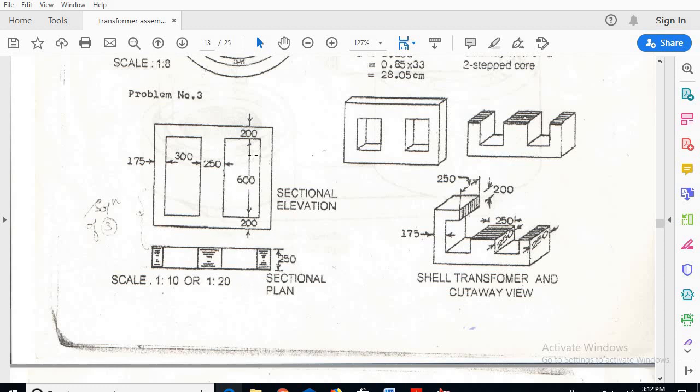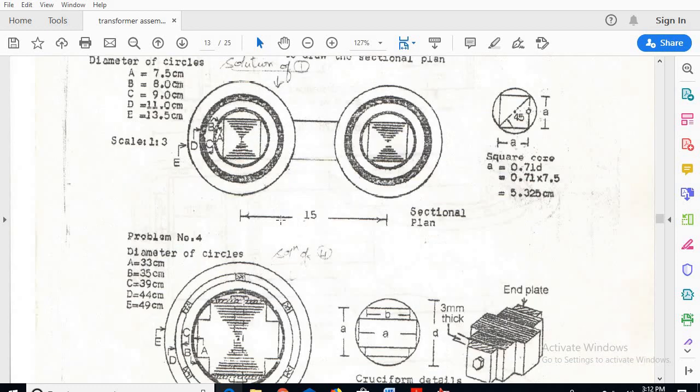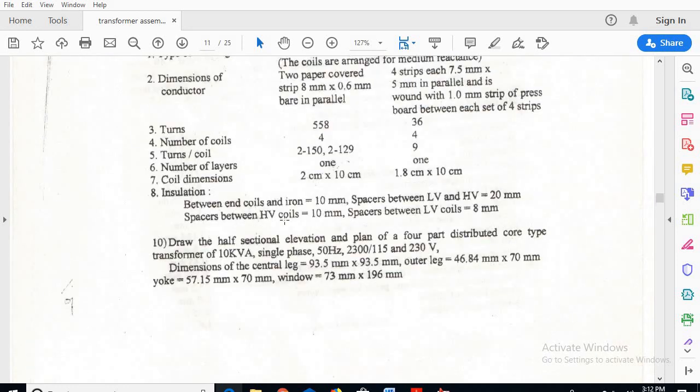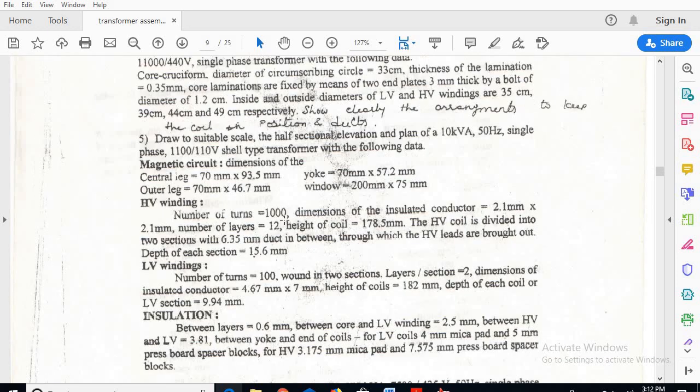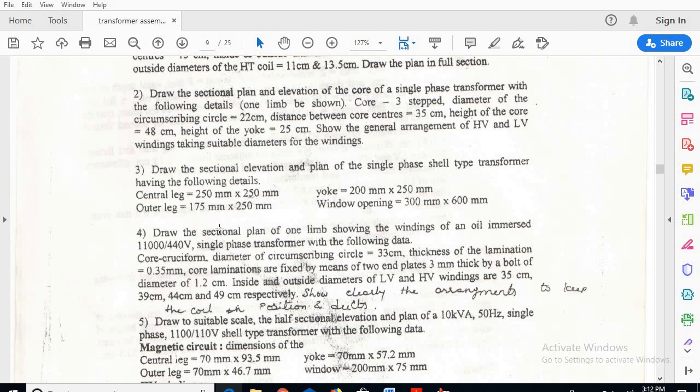Now with respect to these dimensions, again I'll go for the numerical. What is the overall length and overall height of the transformer? Outer leg he has given as 175. So I'll go for the calculation. Outer leg it is 175 plus window width, he has given as 300 mm, plus 300 mm.